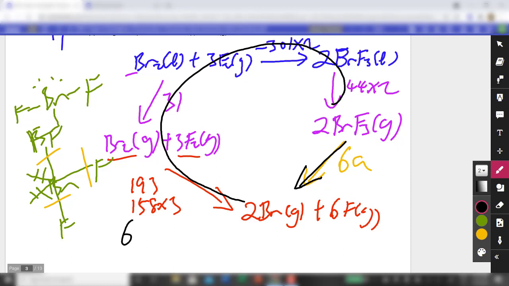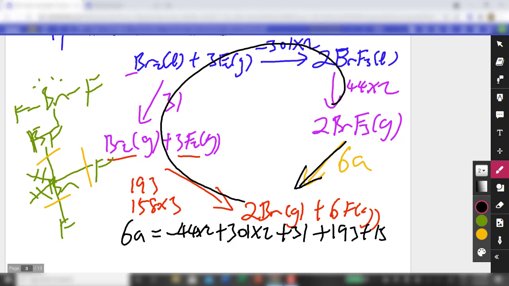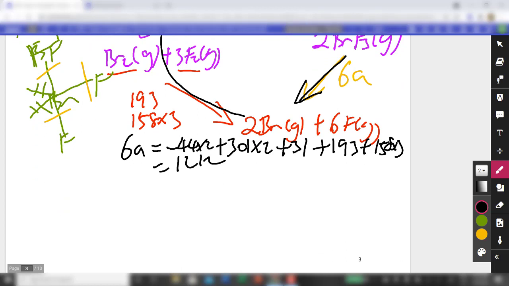Okay, so therefore I'm going to get 6A, which is equal to minus 44 times 2 plus 301 times 2 plus 31, and then plus 193 and plus 158 times 3. Okay, so right now I'm going to punch my calculator. Okay, and I'm going to end up with 1212. Okay, I'm going to divide this by 6. Okay, and then I'm going to end up with 202